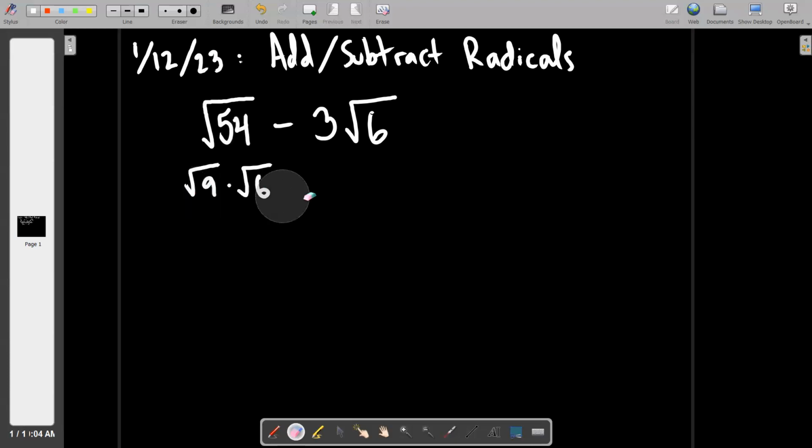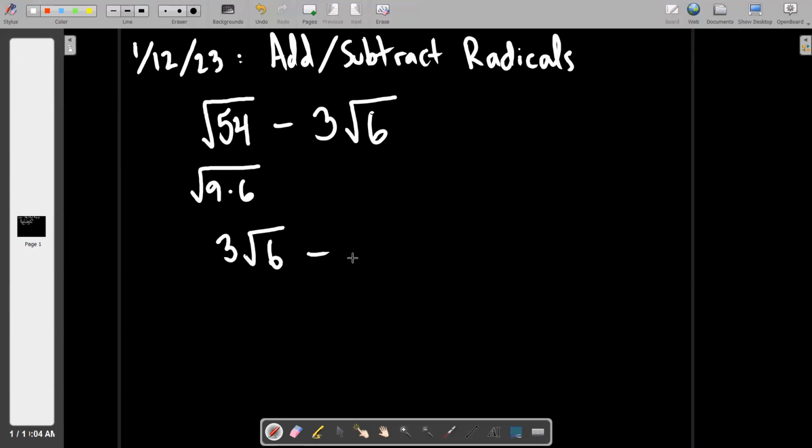If you do the more tree-looking thing, it would look like root times root. If you like it better in one root, then you could think of it as root of 9 times 6 and continue to employ that jailbreak idea, right? So when the root of 9 pops out, like Bryn said a while ago, we get 3 root 6. And now if I say what's 3 root 6 minus 3 root 6, what looked like a hopeless situation is actually equal to